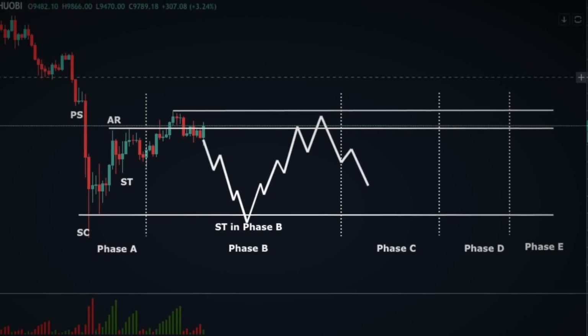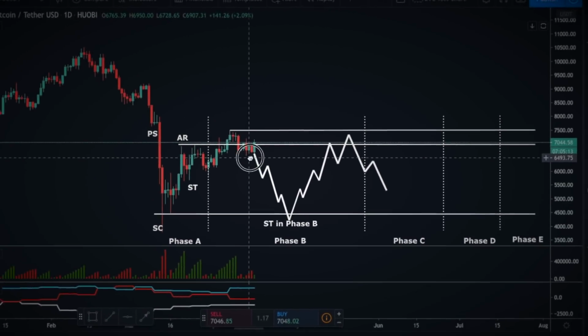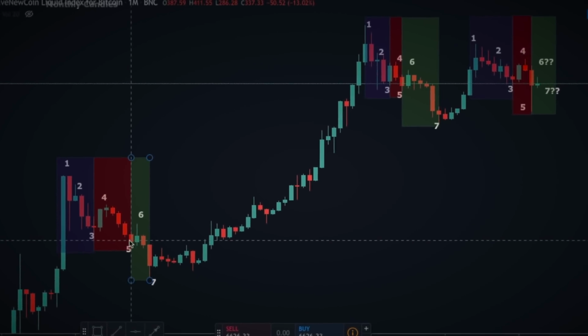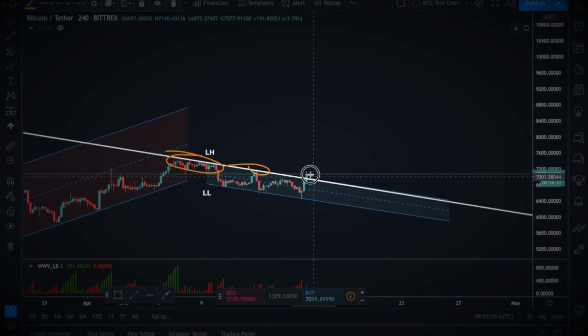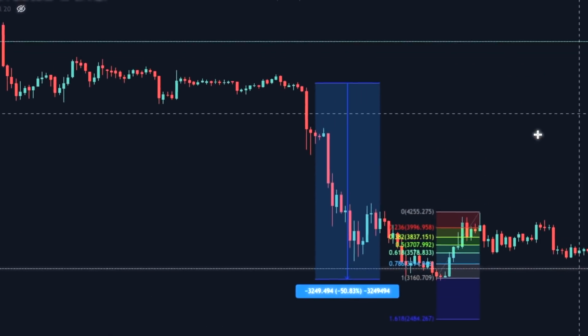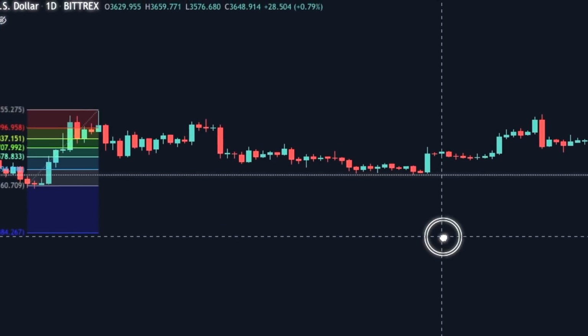And also, if this is going to pan out, then this is also going to be a really nice hit. After reaching the 4 area, we came back in, but it made a new low. We have actually pierced the trend line, and now we are also above the trend line. So if we focus on this one right now, we can see the price actually came to the lowest point of